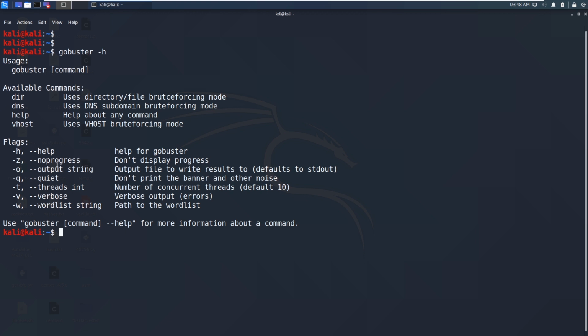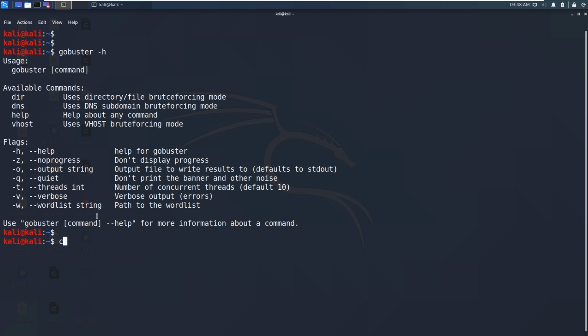And -o for output, the output file to write results, q for quiet, and t for threads. You need to give the number of threads GoBuster should run to increase the speed, v for verbose to see what's happening, and w for word list, the path to the word list file.